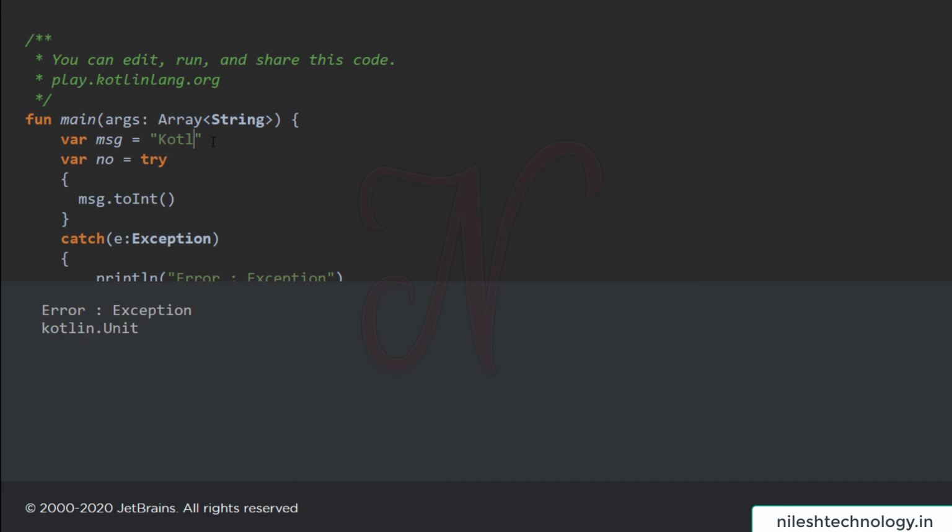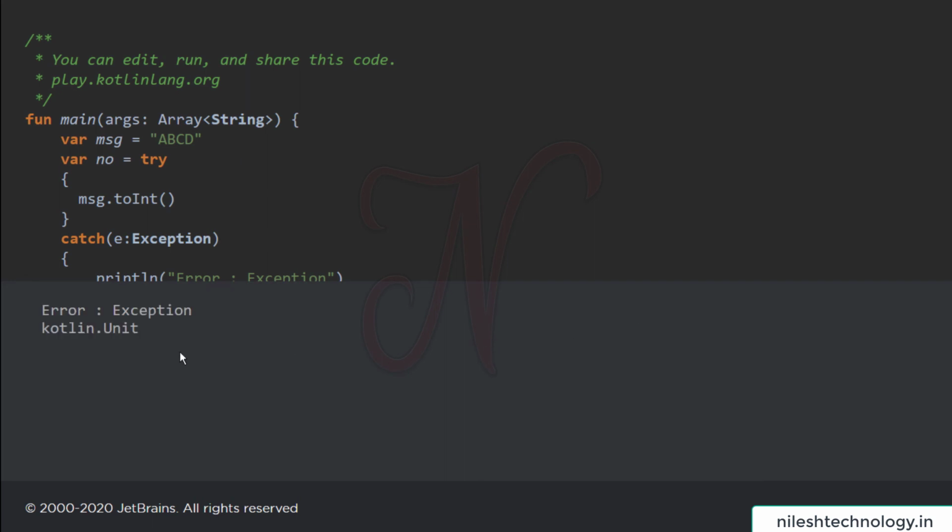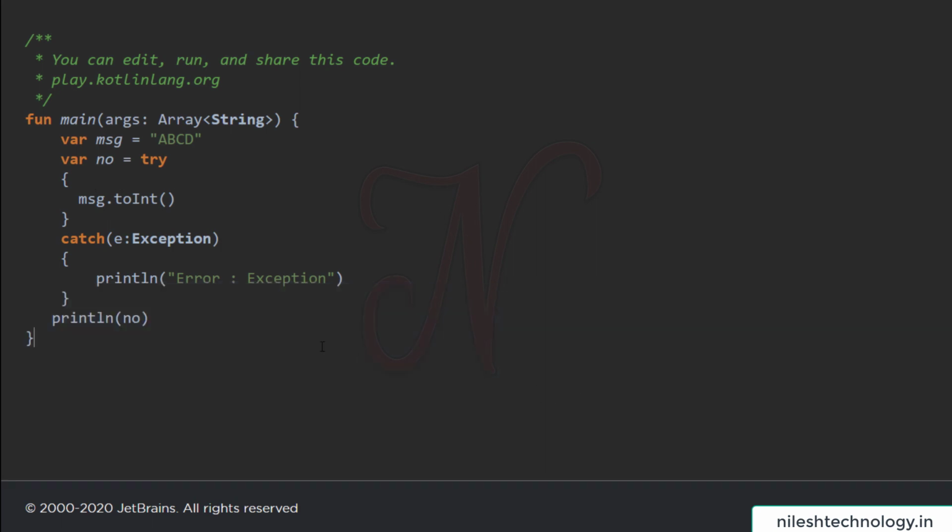So if your message is ABCD, then after running this code, this is a Kotlin unit, meaning that if you try to print this number variable, there is no return message. So the default message is Kotlin.unit, because it goes directly to this catch block. So this is a new feature in Kotlin.